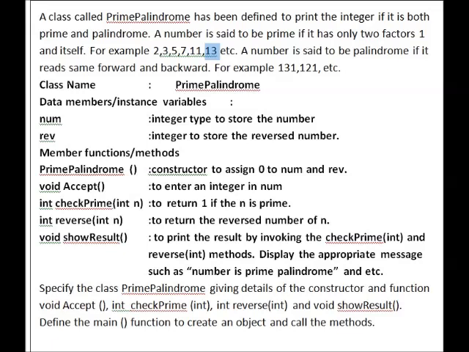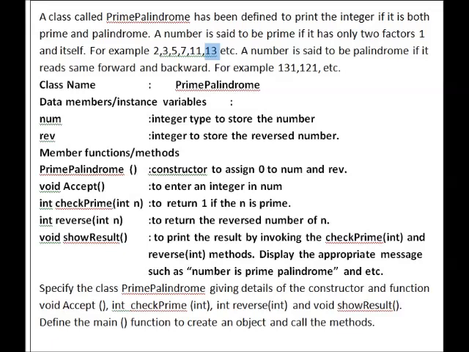A number is said to be a prime palindrome number if that particular number is prime as well as palindrome. The definitions for prime and palindrome are given in the question. Okay, so please read that.